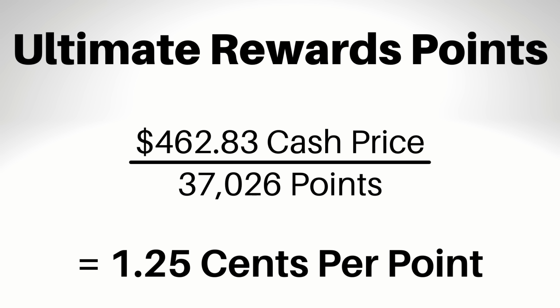When you do the math, that $462.83 cash price in the portal divided by the 37,026 points that it costs with my Sapphire Preferred using that 25% boost is equal to the 1.25 cents per point that I mentioned before. Now, even though that saves me a lot of points, it's still actually not the best deal available to me